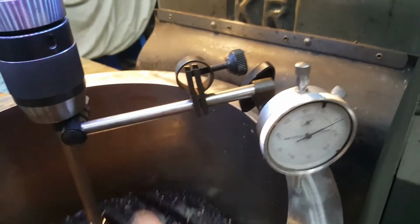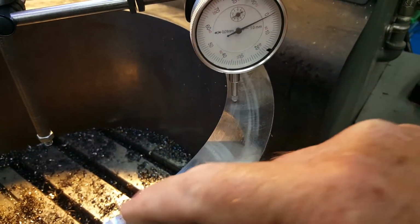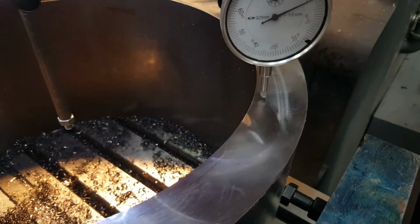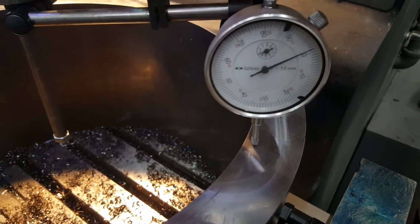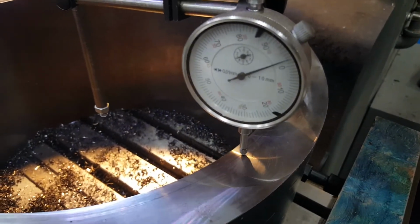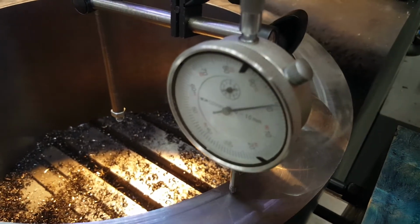My lead in and lead off on this cut left this moon shaped piece here. I was wondering, you can feel a little bit of a dip there, but how big is it? You can sort of see the needle moving about a division over that. I've been thinking of a way of trying to get rid of that. Yeah, that's the worst side of that little moon shape there, is you can see the